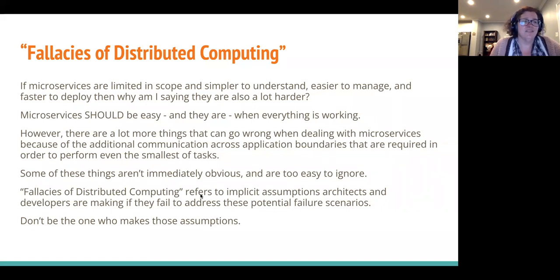Some of these aren't immediately obvious. When you're running your code in the debugger and all of your resources are on your local machine and everything's working great, it can give you a false sense that this system works great. There's a concept that's been around for a long time called the fallacies of distributed computing. Those refer to the implicit assumptions that are made if you ignore all the things that can go wrong and don't defensively plan around them. If you make these assumptions, quite frankly, you have a ticking time bomb on your hands, and at some point, that app is going to have a problem. So the wise microservice developer plans for them up front, which is actually pretty hard.